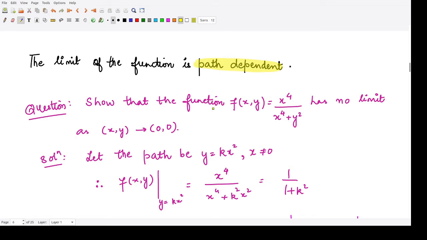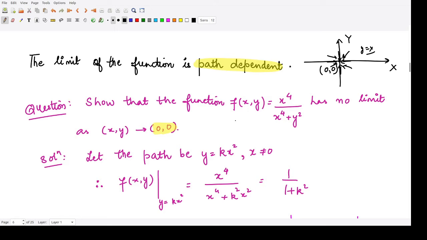here you can reach this point 0, 0 in a number of ways. So if you make this coordinate axis, say this is your x-axis, this is your y-axis, so this point is your 0, 0. So you could reach this point in a number of ways, right? You could either come to this point through the x-axis, through the y-axis, or some random direction, y is equal to x, or whatever direction you would like. So there are infinite number of ways.